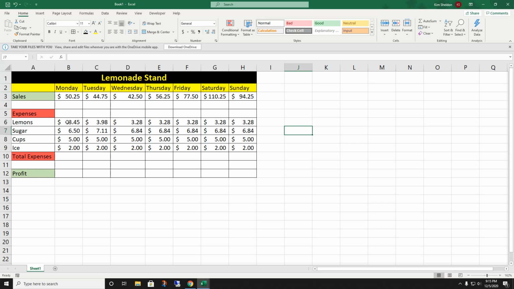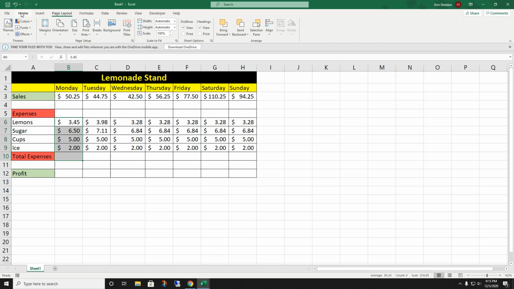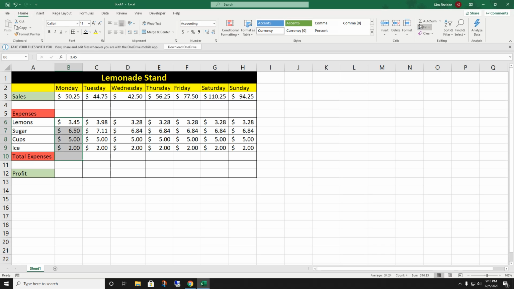You can either highlight them all and leave the area blank where you want the sum, and you go up here. You've got to make sure you're on your home tab. These are each different tabs, they all have different information in them. So make sure you're on your home tab, and right up here is Autosum. You just click on that. It'll automatically add up whatever is in that column. You can also just click here and click Autosum,